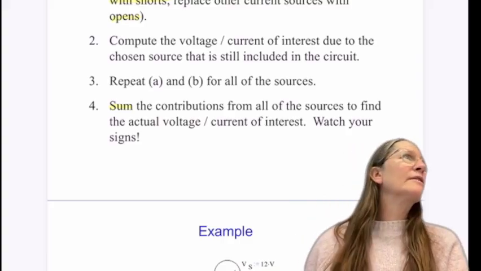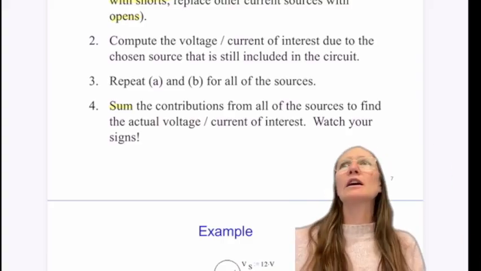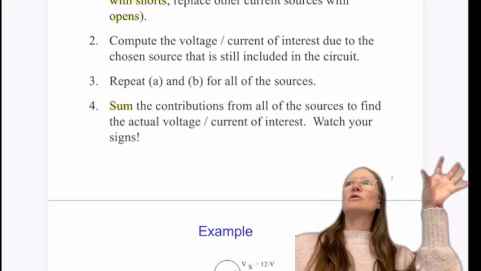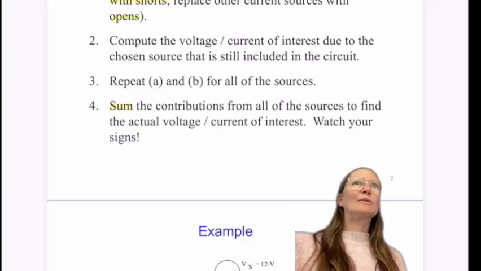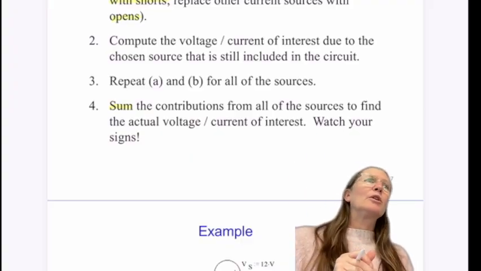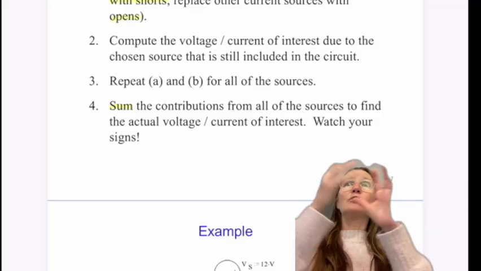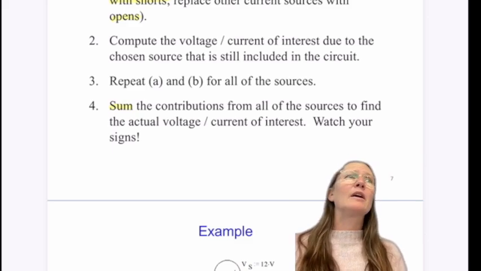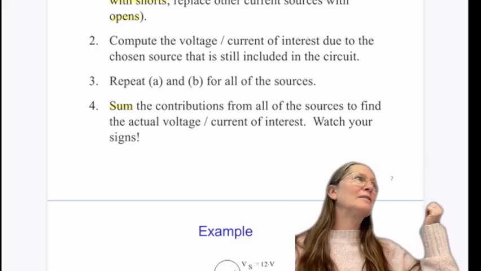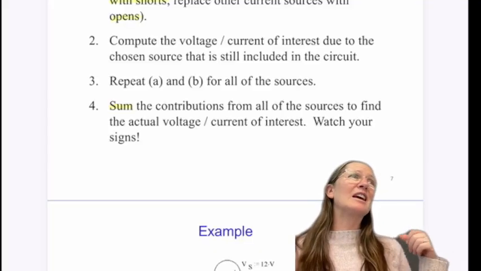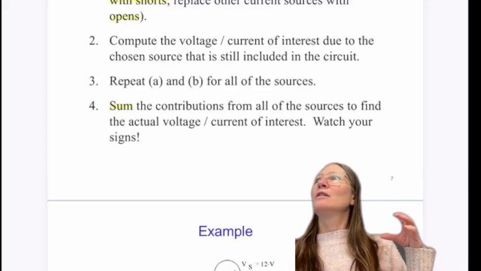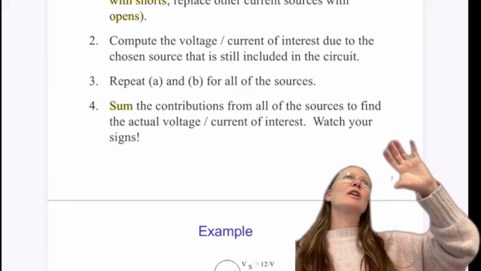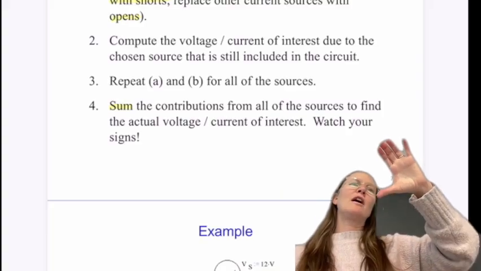So summing means if you do find an answer to be negative, then you're going to use that negative in the summation. So you would have a negative value plus whatever other values. And again, if those values are negative, you would just sum up all the negatives, and then you would have a negative value. And negative for us means, if it's voltage, what does the negative mean? It's generating, but as far as location, if you have,